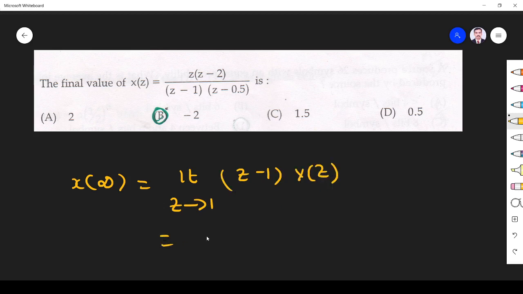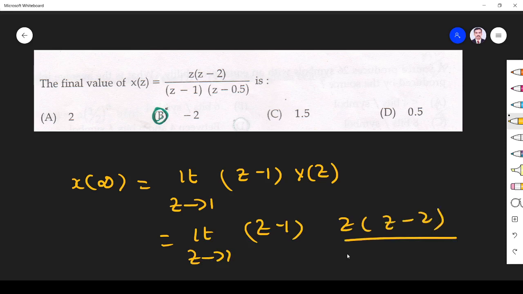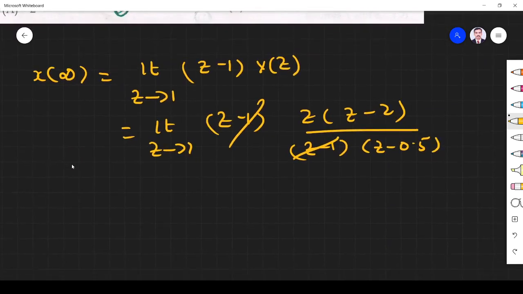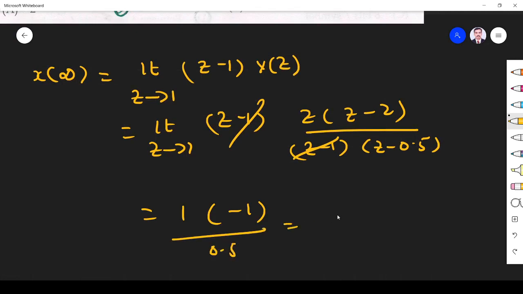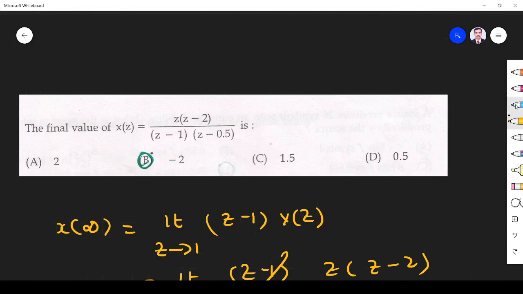So limit z tends to 1, z minus 1, z into z minus 2 divided by z minus 1, z minus 0.5, since X of z is given here. This z minus 1 will be cancelled. Substitute z is equal to 1. So 1 into minus 1 divided by 0.5. This gives minus 2. So the answer is